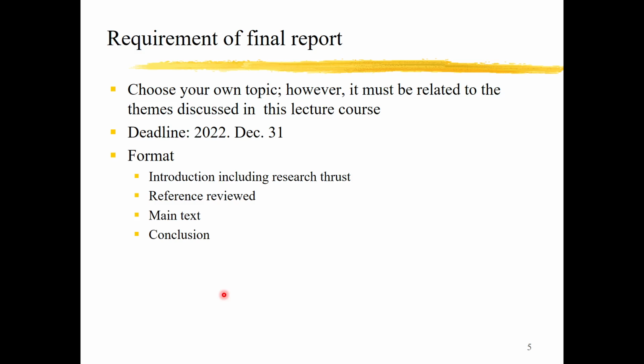Okay, and you have to finish the report here. Basically, I think the requirement of this course is not very high. That means we don't need you to put a lot of effort into this course, but we hope to introduce topics through lectures every week and help you understand some topics in this area. We don't expect you to spend too much effort,